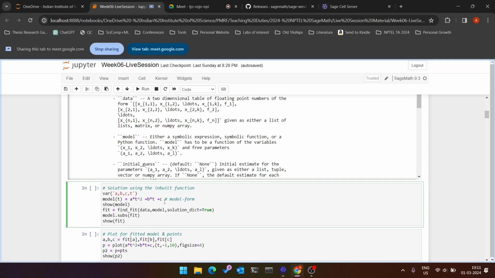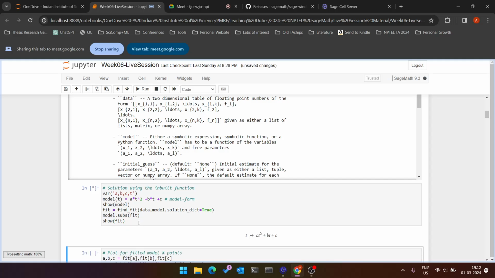After this, I'll be running the find_fit function using all the data points we have above along with this model form, and asking it to return the solution in the form of a dictionary. Finally, I'll also ask it to substitute the fitting parameters inside the model itself and then show what we get. So if I run this,